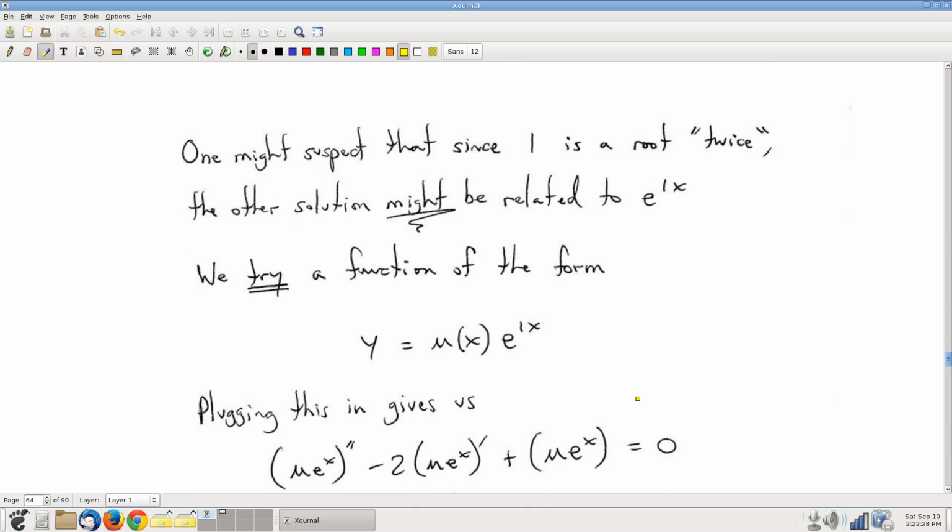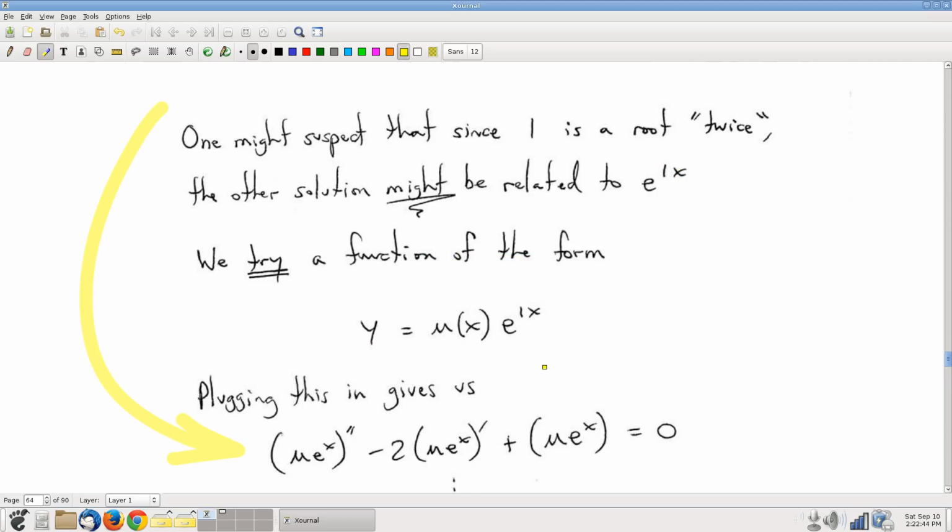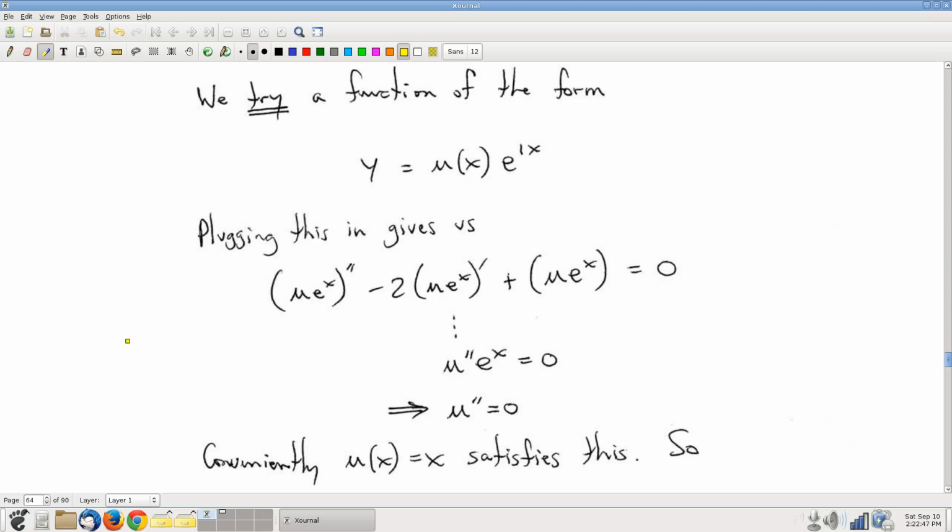So let's see. Now this is again wildly irresponsible, highly speculative guessing. But let's just see what happens if I take that and plug it into our differential equation. The differential equation turns into this, and a certain amount of algebra that I'll let y'all work out for yourselves. But if you work out this algebra, what you'll find is that you get down to this: u double prime equals 0. So in other words, if something of this form is a solution,